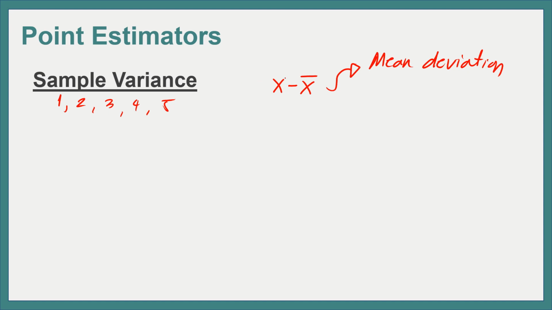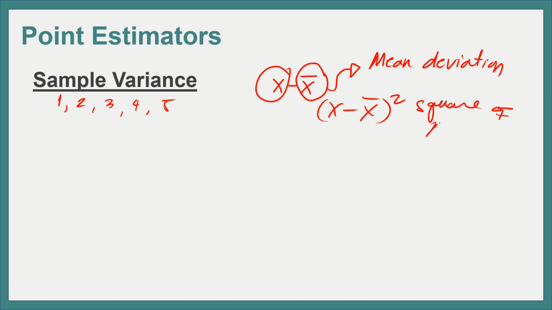So how far is your individual observation from the mean of your data set? That is mean deviation. And then this equation is called the square of mean deviation. This is important. The mean deviation and square of mean deviation are important when we are looking for the variance of a data set, because